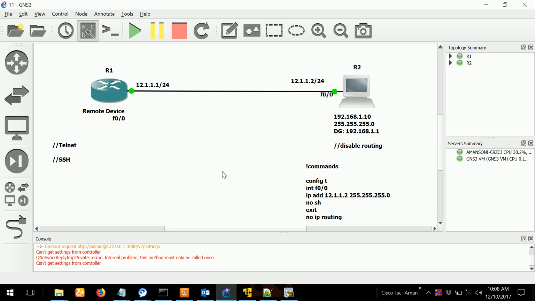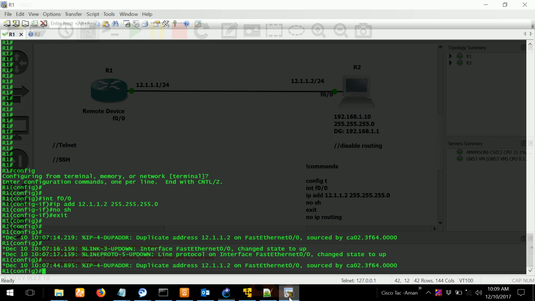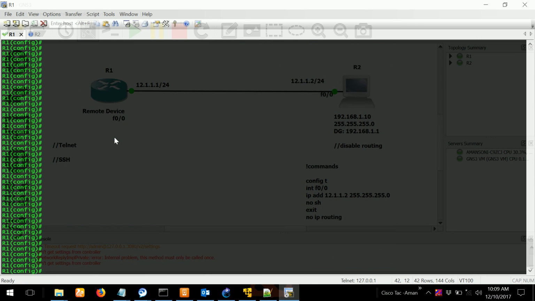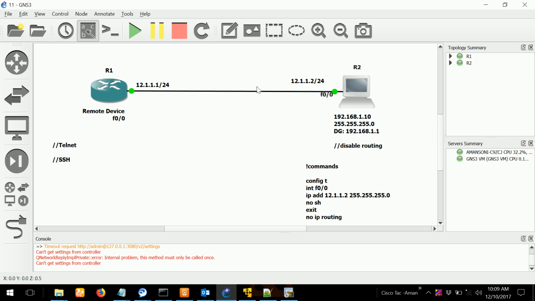So whenever you want to configure the remote access protocol, Telnet or SSH, you have to enable them on the remote device. Yes, sir. Always. So let's go to R1 and we'll give Telnet. Telnet is pretty simple. So see, whenever you access the router remotely, okay, yes, connectivity will come from here.